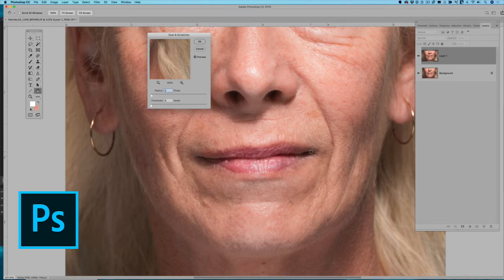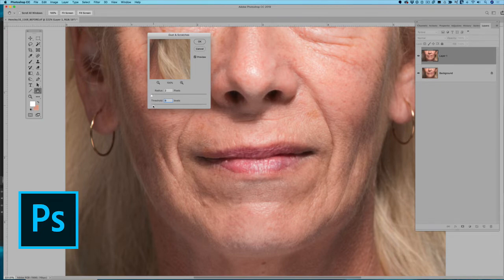But what you want to do is I'll toggle on and off so you can see how the detail is just blurred out there at 2 pixels. All right, that's where you want to be. Now the threshold is going to bring back some of the texture. Now if I go all the way up, you'll see that a lot of that texture, I'm just actually reversing what I've just done. So you kind of want to be somewhere around where you bring back some of that texture and contrast, but we've still